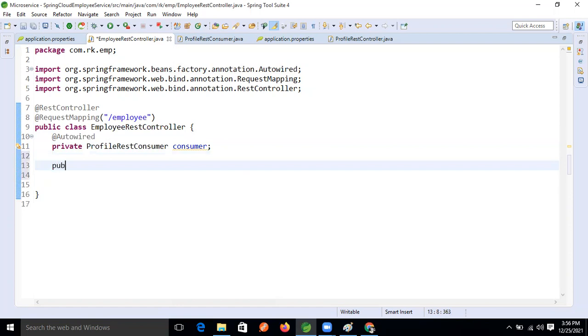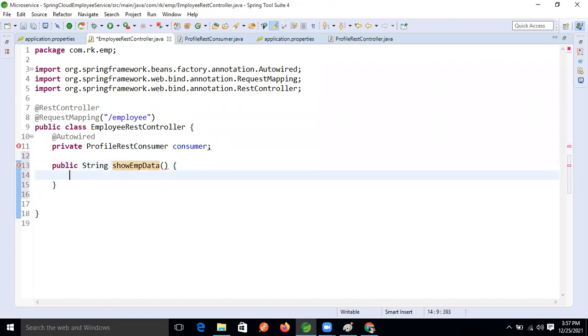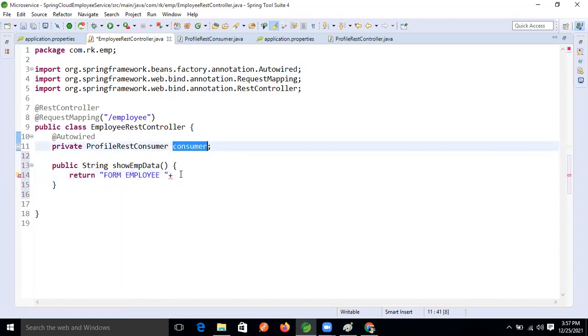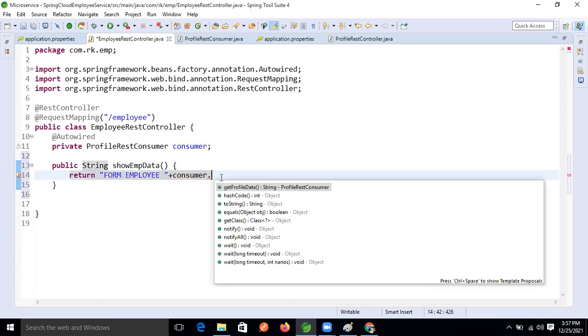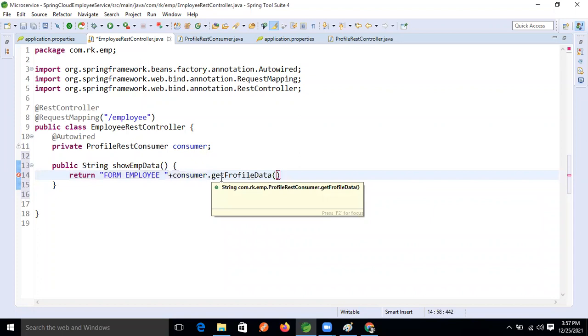I'm taking public String showEmployeeData. Here I'm returning a response, which will come from the employee, plus I'm calling the object reference dot the method getProfile, to get the profile data also.